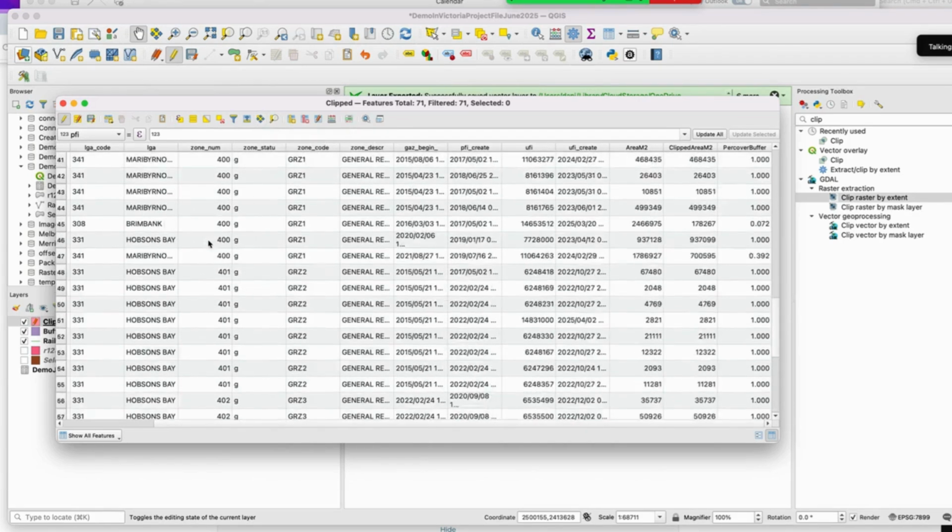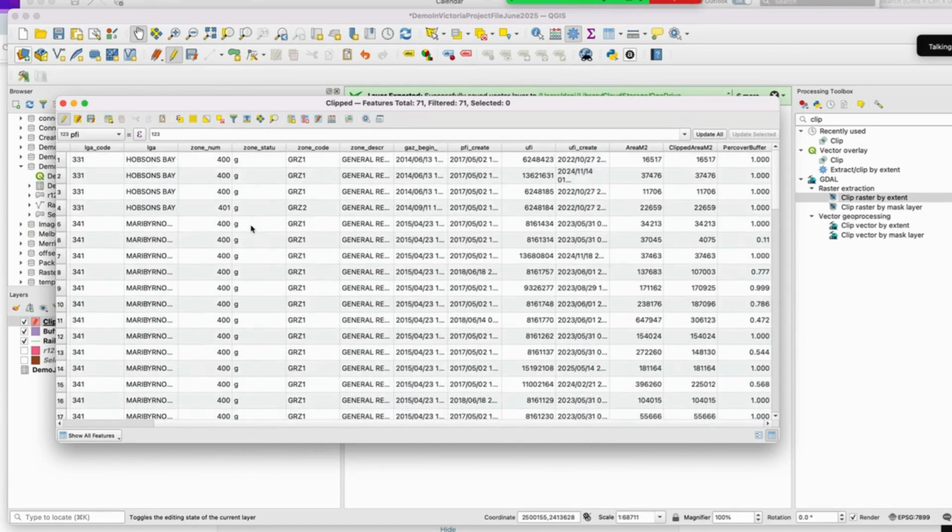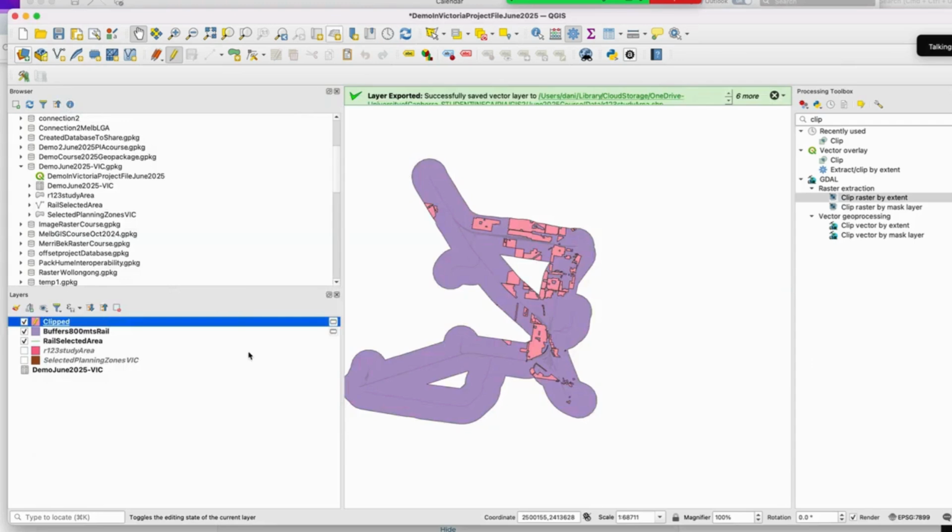With that information, now I have concluded. I got the information on which residential areas we cover, and I can map it, I can change it, I can do an analysis, whatever I need to do, and present what is the total area of residential 1, 2, 3 that is affected by this particular